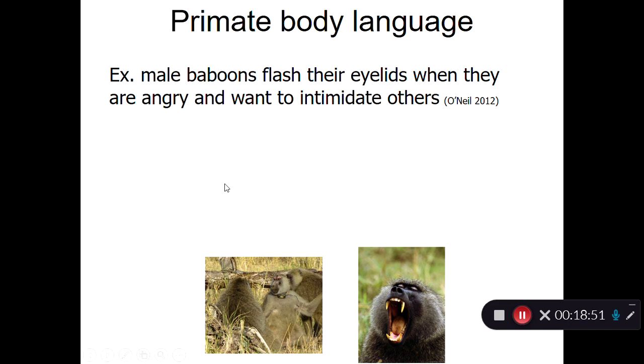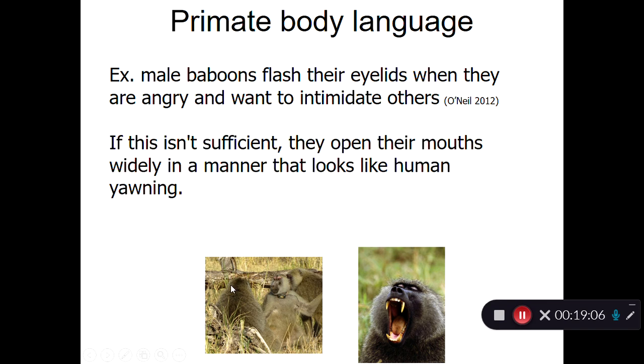So this is an interesting behavior by male baboons. They actually flash these white eyelids when they're getting angry. So if they want to intimidate another one, they're going to give them this flash of the eyelids, and then they start increasing their behavioral displays up until the point when they start showing off these huge canine teeth, which